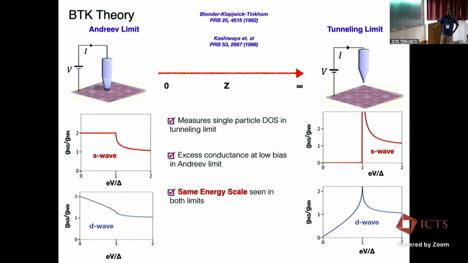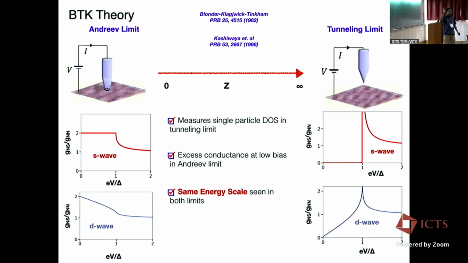If you go to this limit where you have a ballistic junction, you see this excess conductance, and for an S-wave, there's a famous factor of 2 between the normal state and this conductance. It remains there till you hit the superconducting gap, and then you fall apart. If you are D-wave, you come down, and then again, you will basically go here. But if you look at this scale or the point of inflection, you'll essentially see the same scale. Not surprising. BCS theory essentially has one scale in the problem, so you should not be surprised that you see the same energy scale.